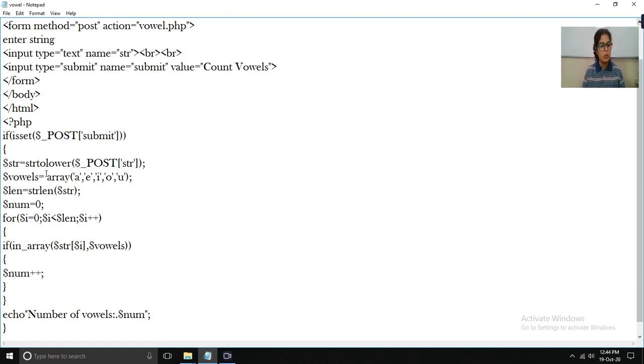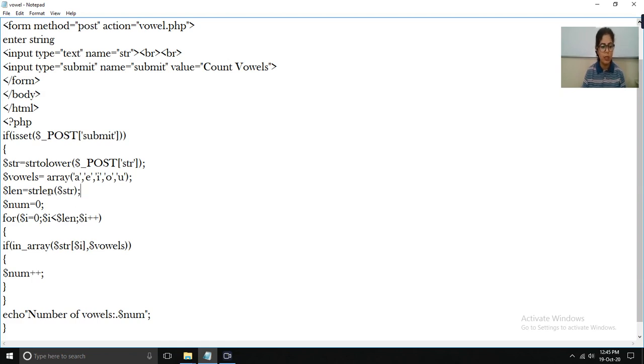Okay. So next line is, whenever we deal with a string and whenever we have to calculate anything on the string, the first condition is that we must know the length of the string, because otherwise how can we apply a condition on a string, traverse a string and check the value of the string? So every time you have to apply this function, that is string length. The string length function will calculate the length of the string.